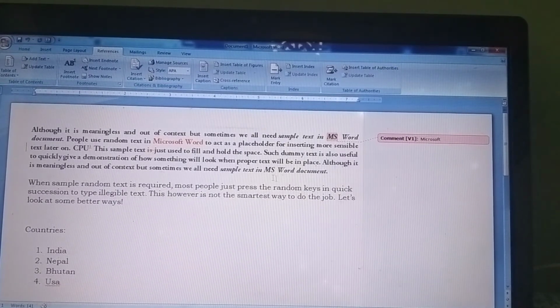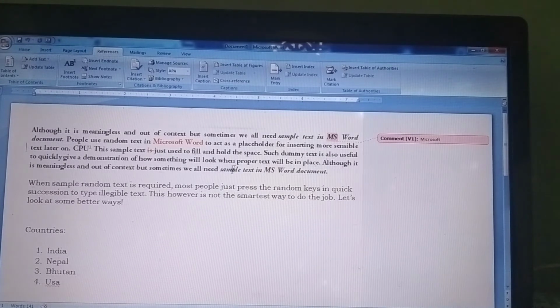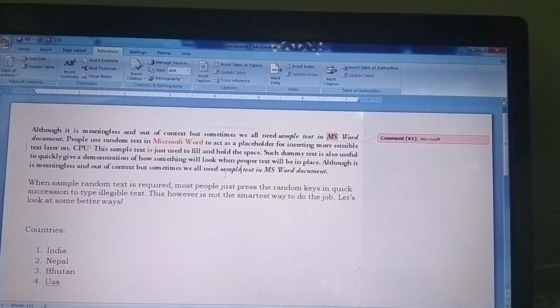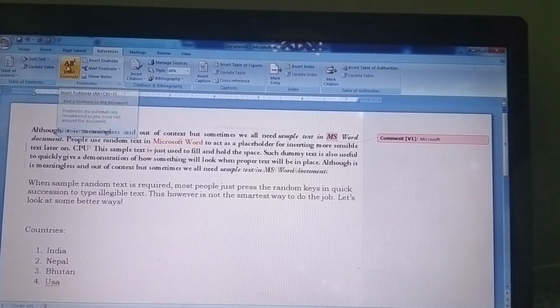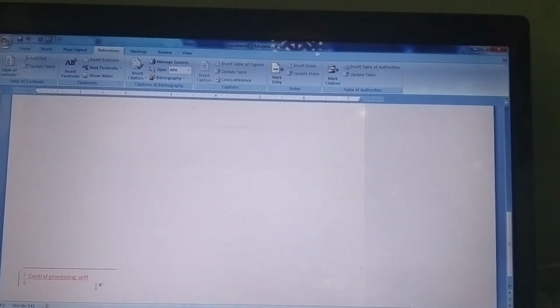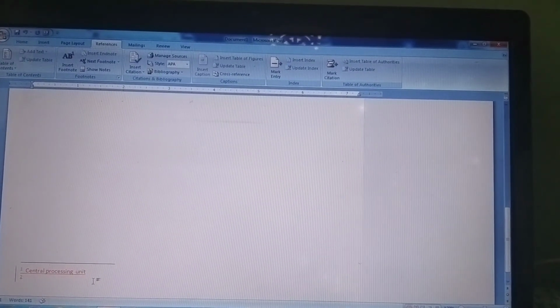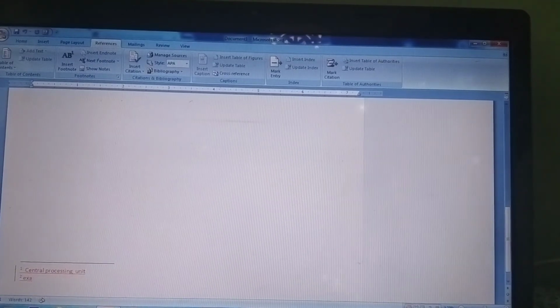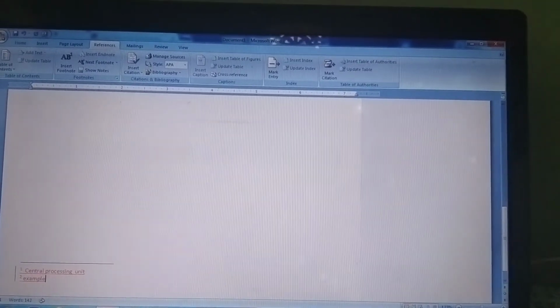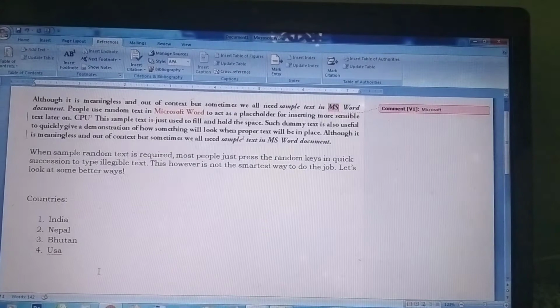Suppose I take "sample", and then again I'll have to insert a footnote. It will say that "sample" means example. Okay, so this is the footnote.